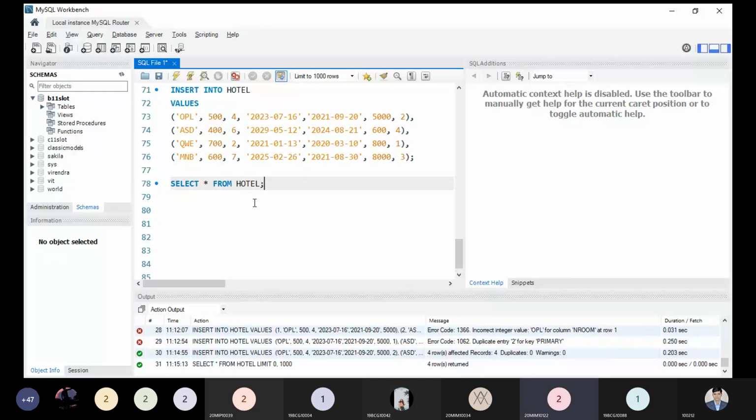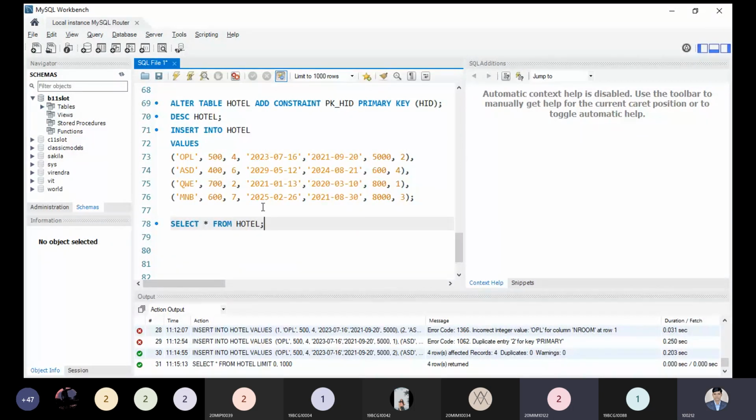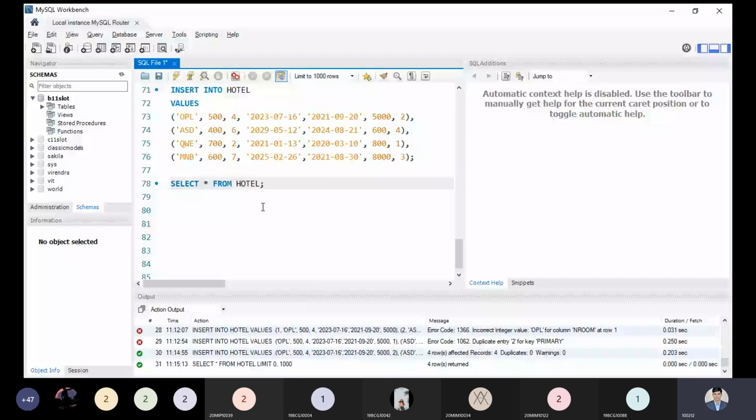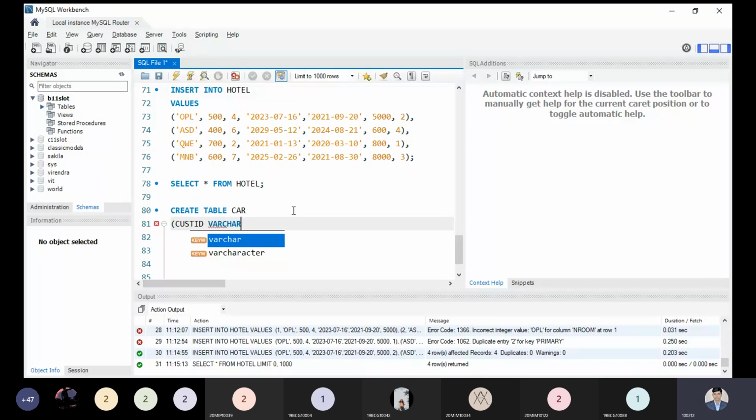Do we need to provide the primary key name in alter table syntax? No, it is not necessary. While creating a table, we can define it initially at creation time, but here I did this activity separately, so let me show. Suppose you want to create a table, let's say I'm making a car table. In this table I'm making the information: customer ID, and it should be varchar, 20. Whatever size you want to use, you can choose.